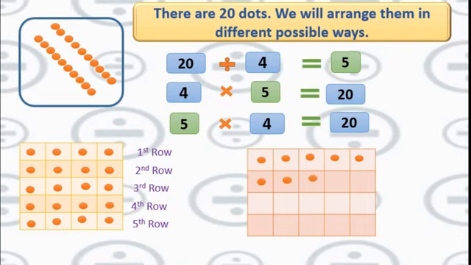Second row. Here also 5, means 10. This is the third row. 15. This is the last row. This became 20 dots. First row with 5 dots, second row, third row and fourth row. Means there are altogether 20 dots. Means when we put 5 dots in one row, we got only 4 rows. Isn't it?